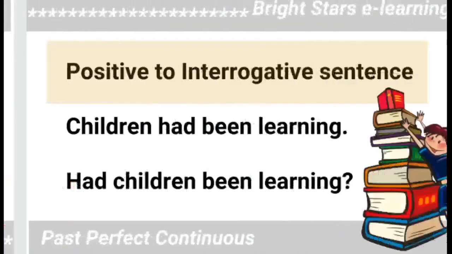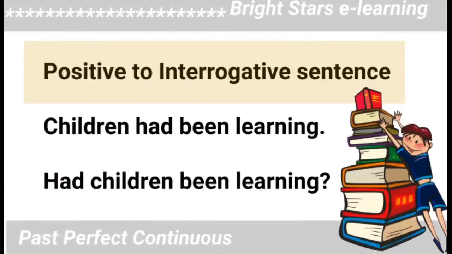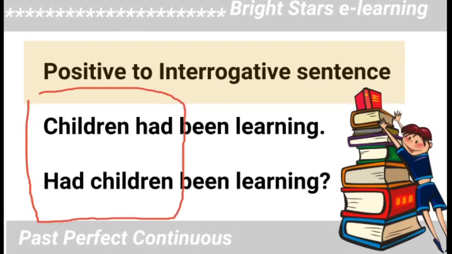Next one, interrogative sentence. What we do, we have already seen positive to interrogative sentence. Children had been learning: children had is interchanged into had children. So only the first helping verb will be changed, not the second helping verb. Been learning is as it is, and at the end we add an interrogative symbol, that is the question mark. So, had children been learning? This is very important. We have seen this in different kinds of tenses previously also. Let us move to